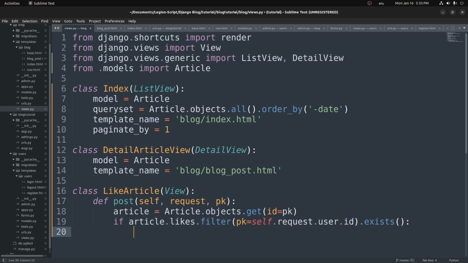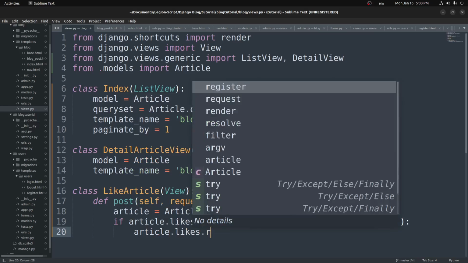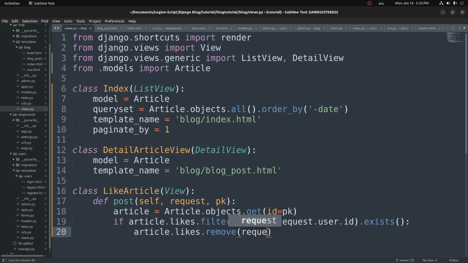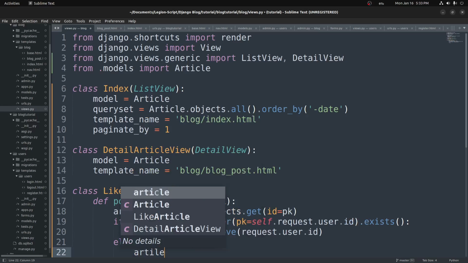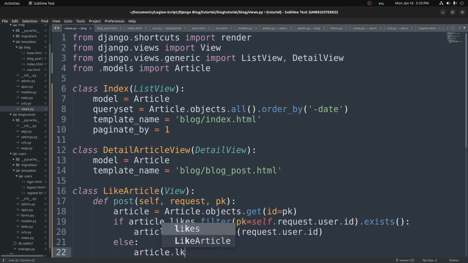Okay, so if it is true, then we want to just remove the like. So we'll do article.likes.remove, and we can do request.user.id. We're just grabbing that primary key and removing it from the many field. Then we can add an else branch, and we'll say, if it's not in there, then we want to add them to the likes list. So we can do article.likes.add